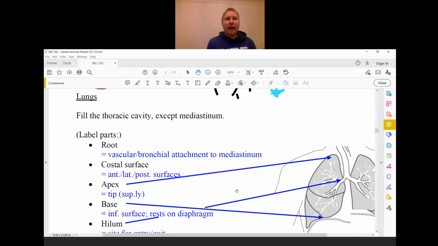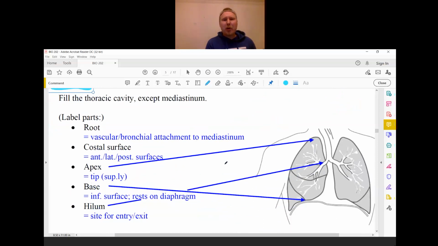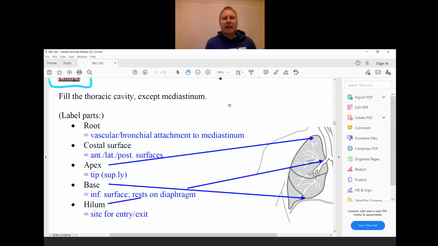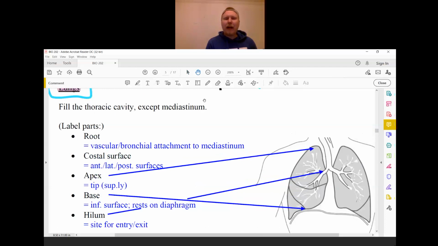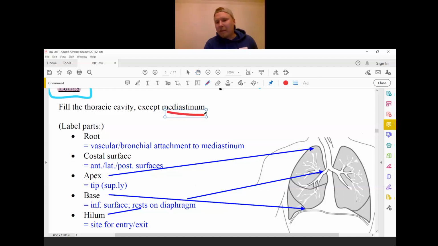Next, a couple of words about the lungs. Let's discuss the lungs next. And for lungs, I'm going to use this color. Lungs fill the entire thoracic cavity with the exception of the region we know as the mediastinum. So the mediastinum was, of course, the space where we find, for example, the heart and the great cardiac vessels. So it would be this space